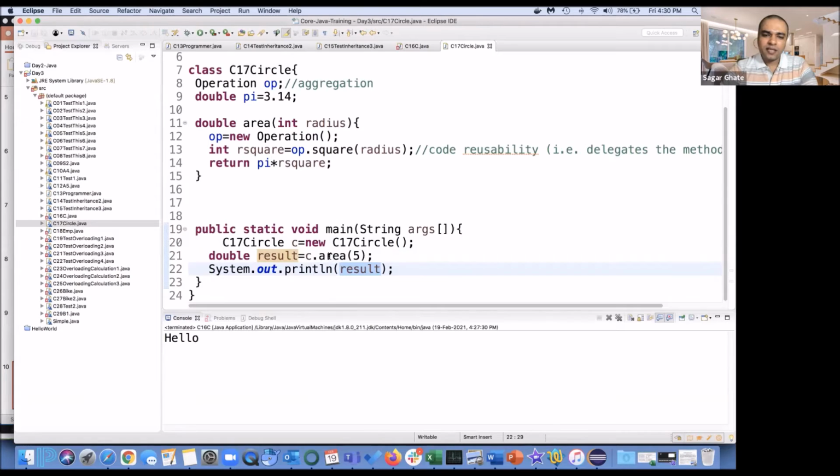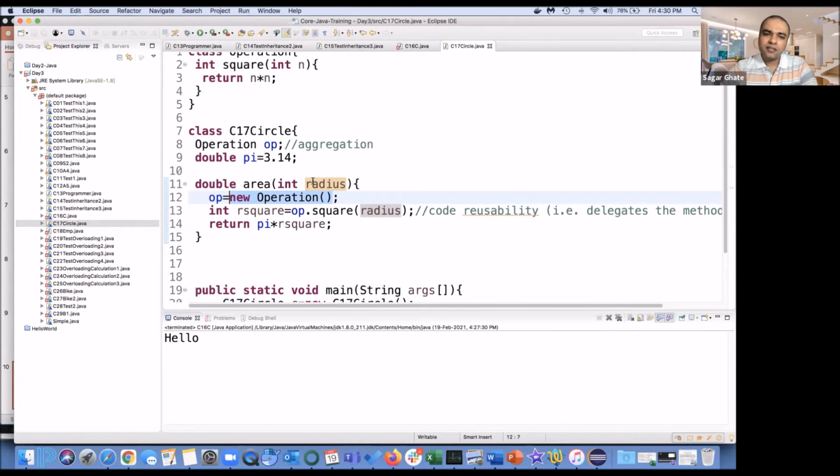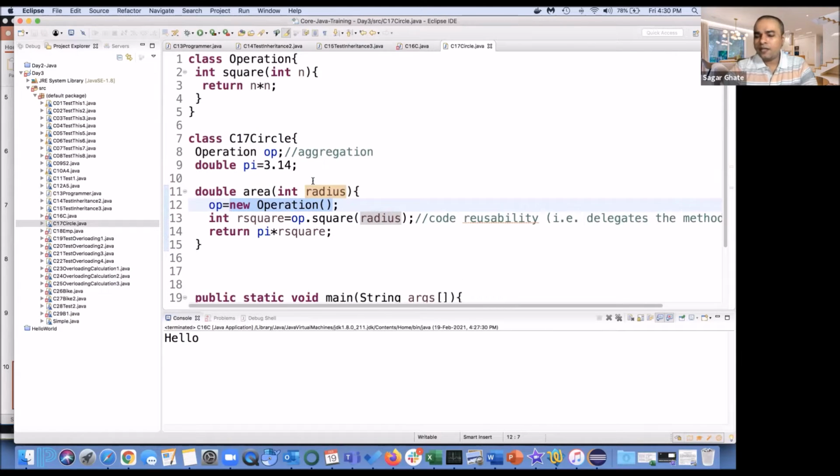Let's see what is inside this. So int radius, so 5 is going to come here. I am saying op of new operation. What is this? This is how we are creating the object; the type of op is already defined. What is the type of op?